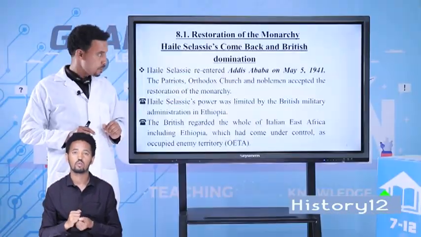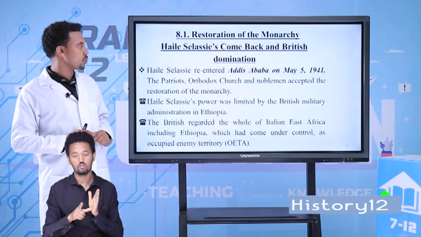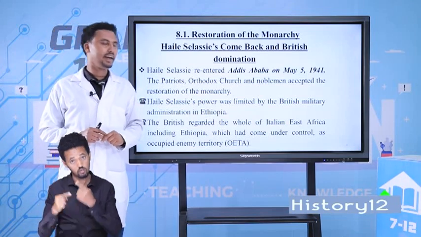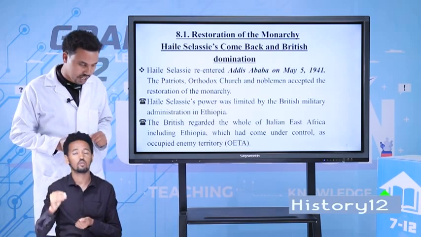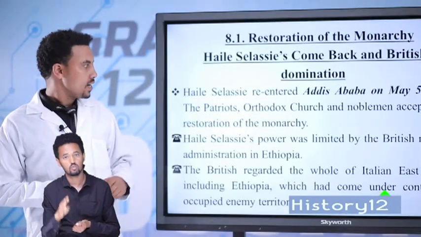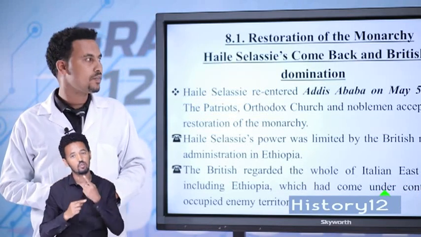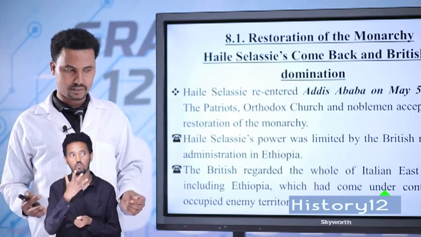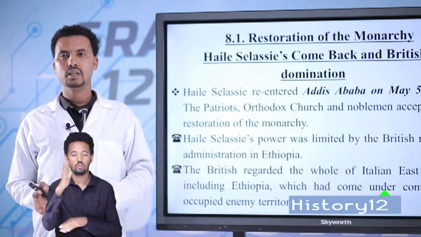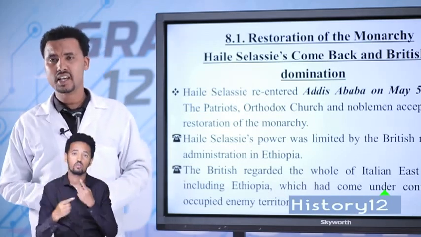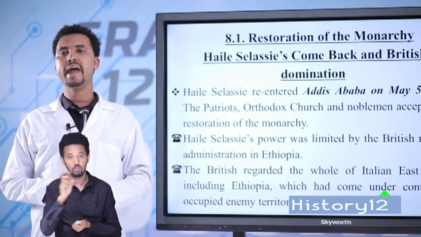First lesson, restoration of the monarchy. Haile Selassie came back and British domination. Emperor Haile Selassie returned to Addis Ababa on May 5, 1941 after the Italian occupation. Emperor Haile Selassie left Ethiopia on May 3,